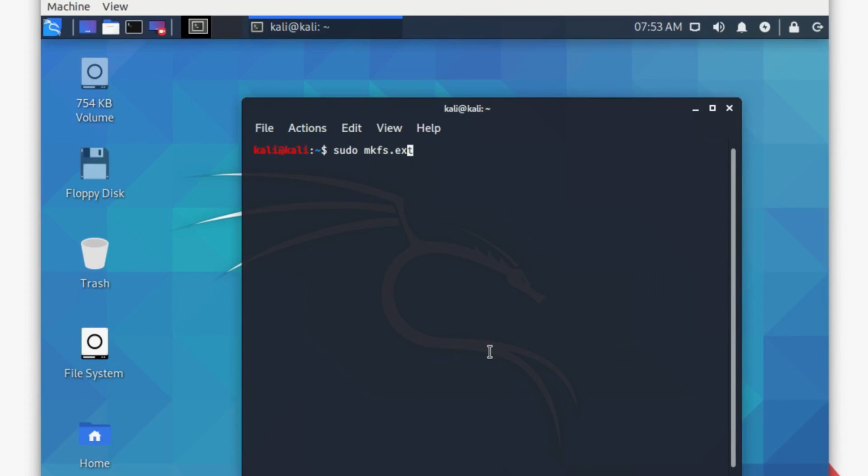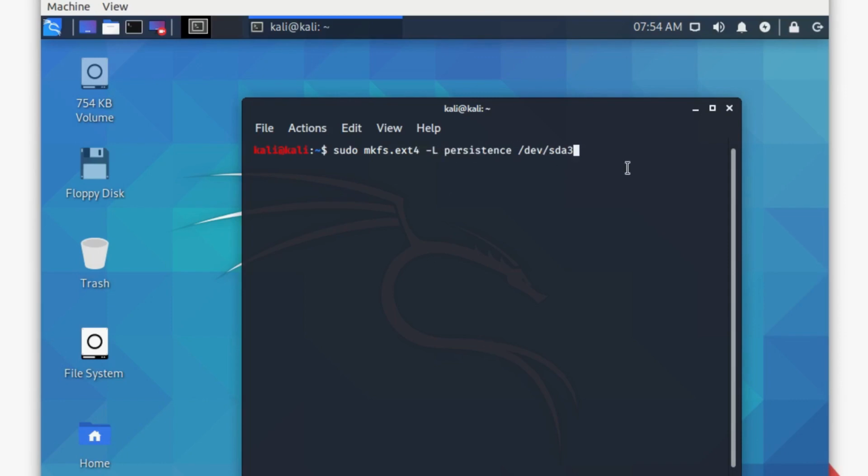So we are basically creating a partition with the ext4 format, and then we have to label it as persistence. For that you have to type hyphen then capital L and then type persistence, and after that we have to specify the name of the partition that we created. The partition we just created was SDA3, so just type /dev/sda3, because SDA1 and 2 were already created. So we are formatting that partition into ext4 and naming the partition as persistence.